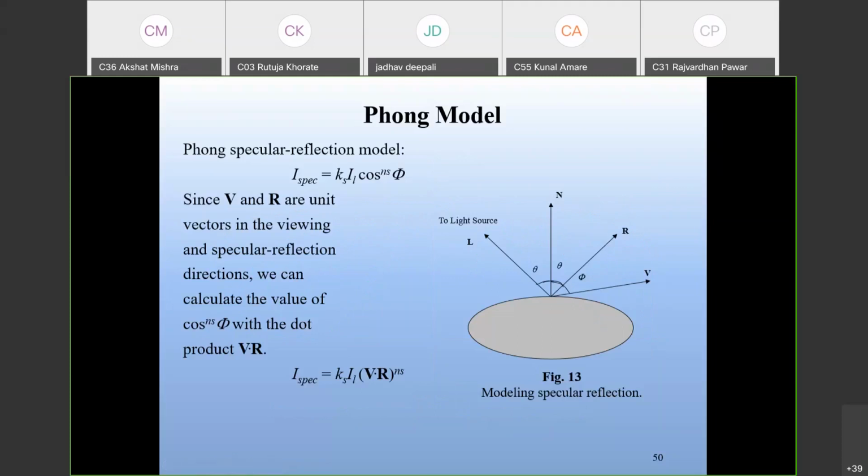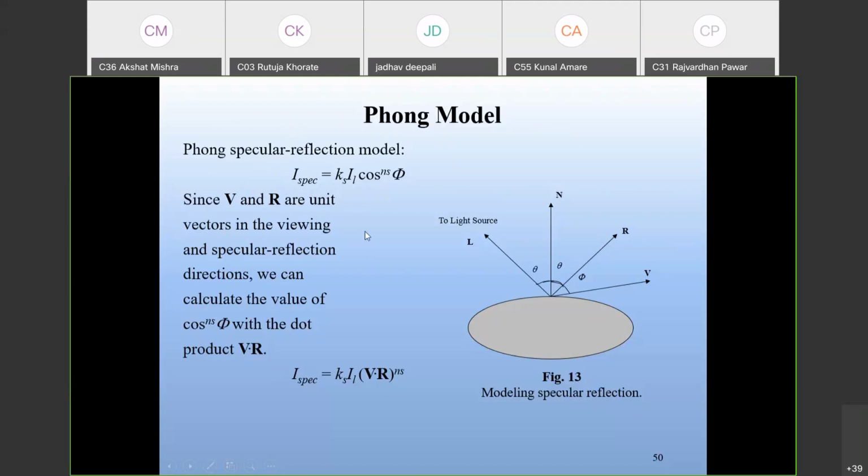Now, the Phong specular reflection model. The calculations are shown here, with the same diagram. L is the light source unit vector, N is the surface normal, R is the specular reflection, and V is the viewer direction. So in the Phong specular reflection model, I spec, as we used I diffuse and I ambient, here I spec means specular reflection is equal to